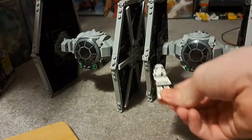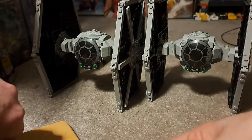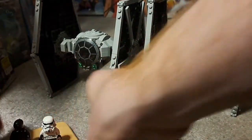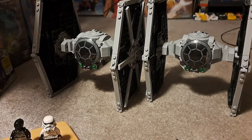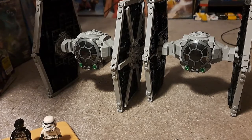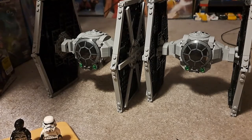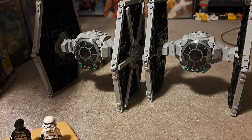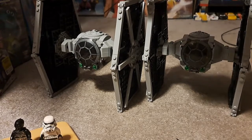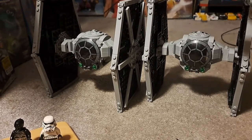And as a bonus, I got another Stormtrooper with the second set. And that's actually how I got the 7 troopers now. The first 3 I got with the Imperial dropship. The 4th one I got with the 2020 Advent Calendar. And then the 6th one I got with the 2021 Advent Calendar that was themed for the Mandalorian. Or no, the 5th. Yeah. And the 6th and 7th I obviously got with these 2. I have to get at least 2 more,